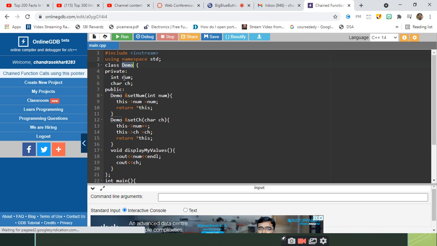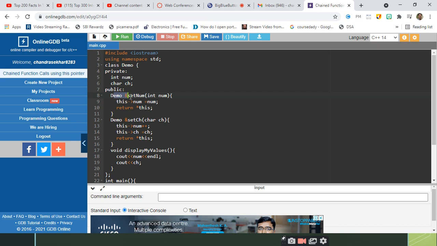Demo. I have two private data members, num and ch. num is of type integer and ch is of type character, and I am using two functions to set the values of character and number.